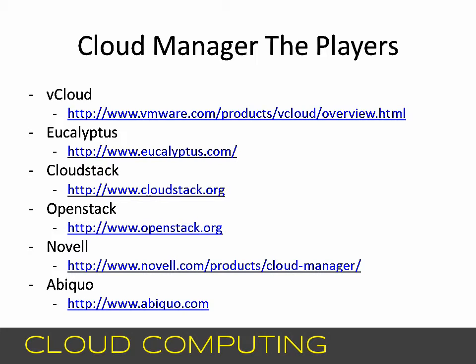Eucalyptus is a very mature open source product that also has a paid option. CloudStack, again, a lot of recent news on Citrix leaving the OpenStack camp and joining the CloudStack solution. OpenStack, which is the originally Rackspace-sponsored open source product. You can go to Virtualized Geek to read about both the CloudStack and OpenStack